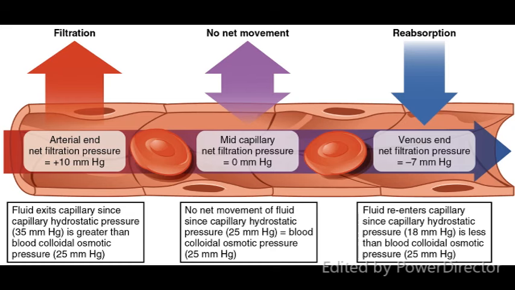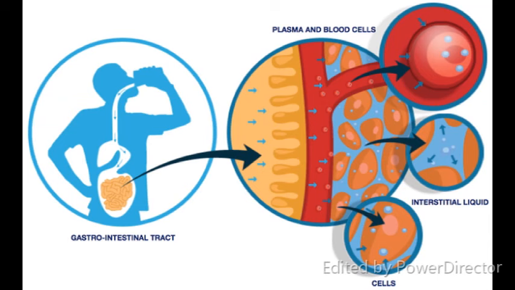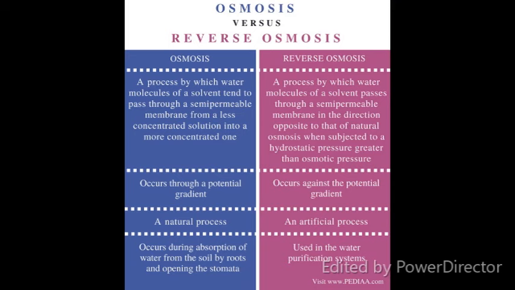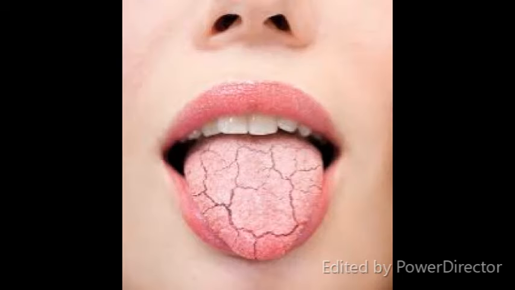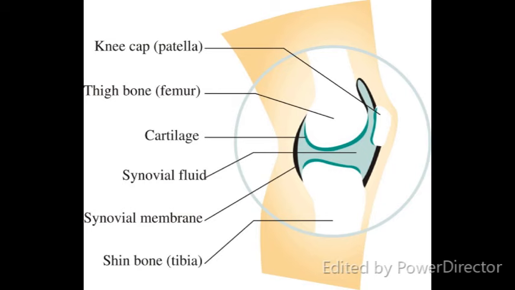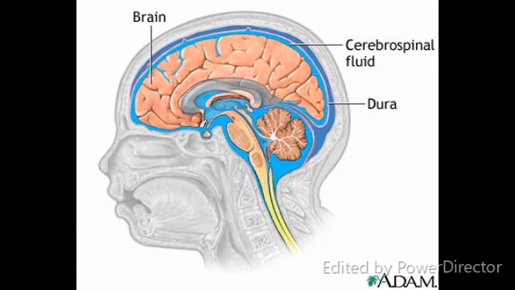It also acts as a medium in which all transport systems function, allowing for the exchange between cells, fluid spaces, and capillaries, a process known as osmosis. Water also acts as a lubricant in one's saliva, digestive tract, and respiratory tract. Furthermore, it can act as a shock absorber for joints during walking or running. It also plays an important role in the protection of the brain and spinal cord.